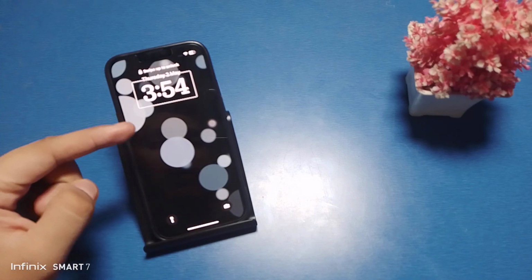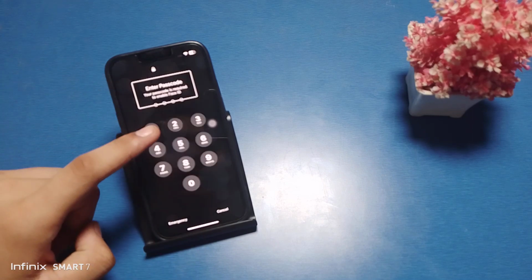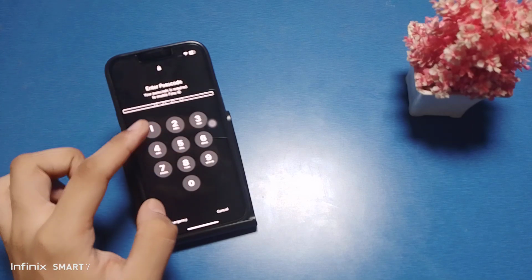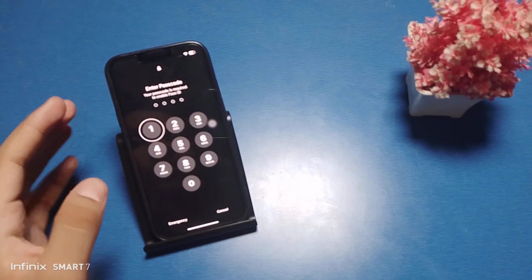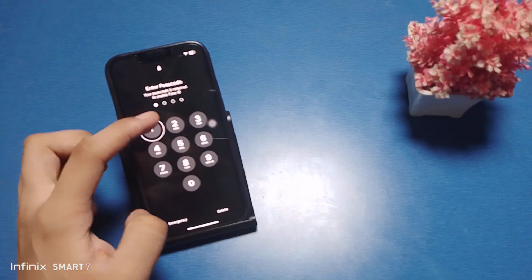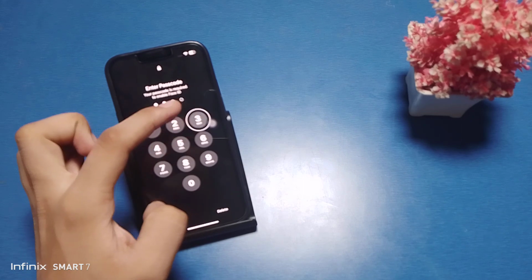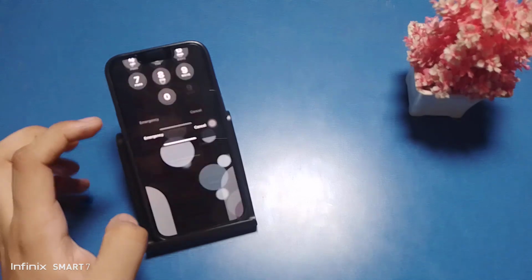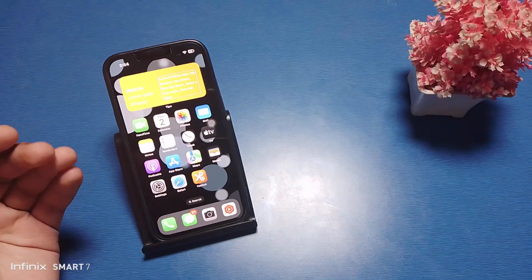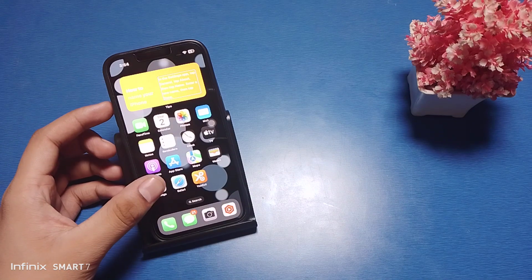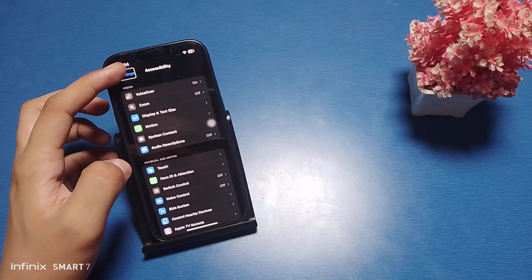First you have to just swipe up, like take one finger and swipe up by this, and then it asks for your password like this. Tap one time to just select it and tap two times to just open this like this. Like this you can just open it, and then you have to go to the settings option like this. Tap one time, tap two times like this,